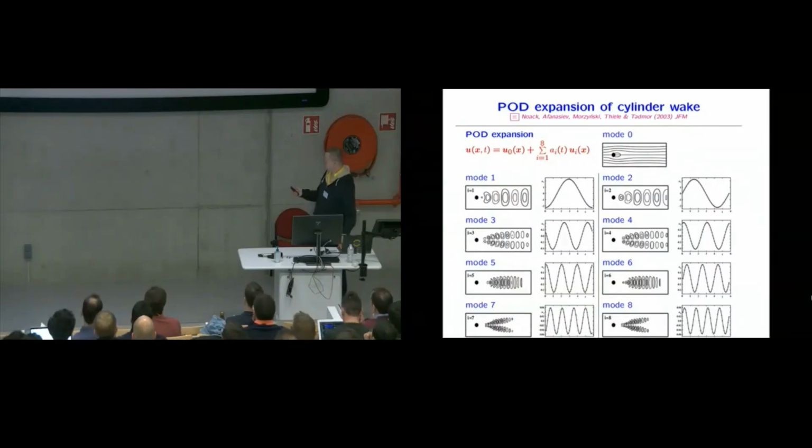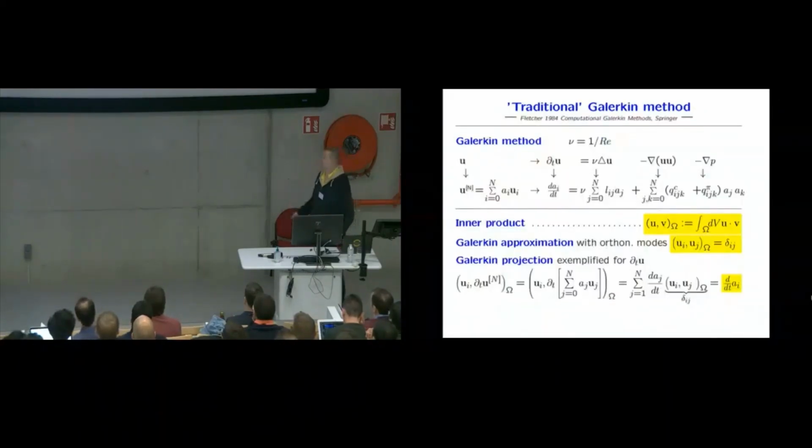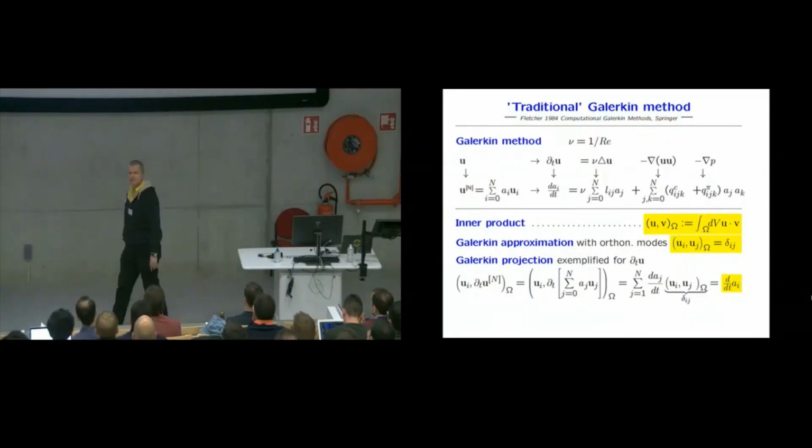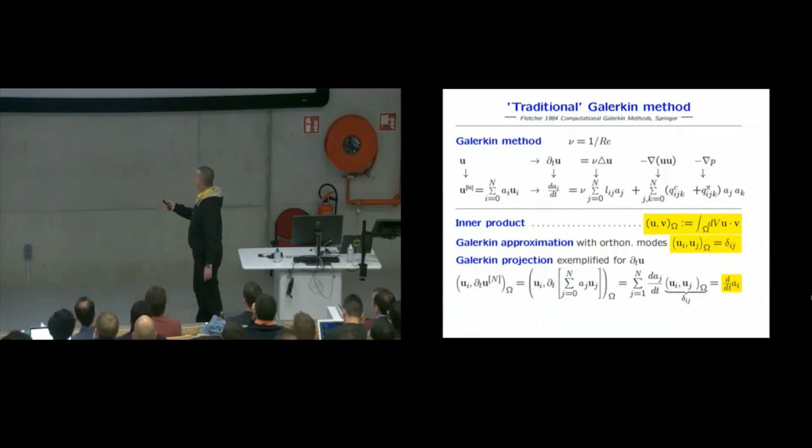Now the next question is, when we know this expansion, can we build a dynamical system? And now let's forget a bit that we have data. Let's see if we can derive something interesting from the Navier-Stokes equation. So here we start with a,